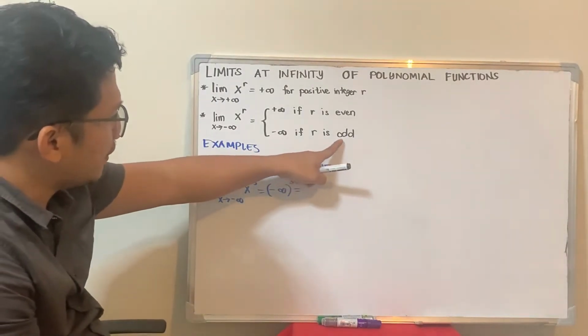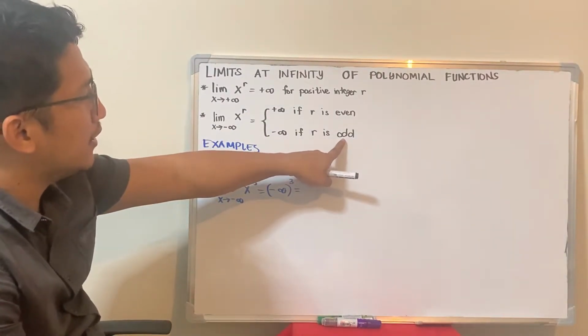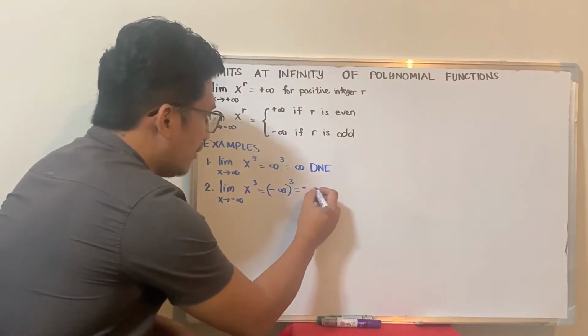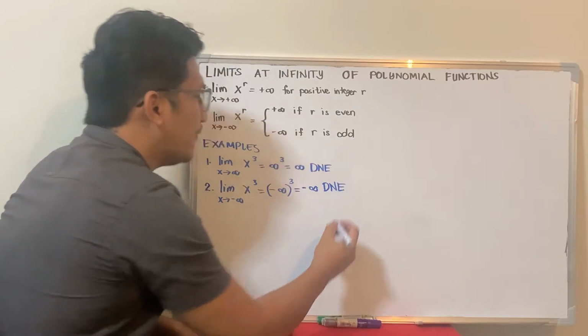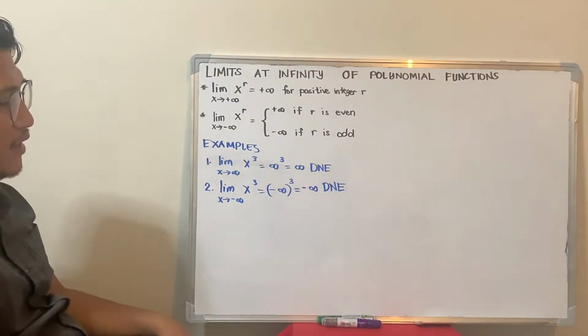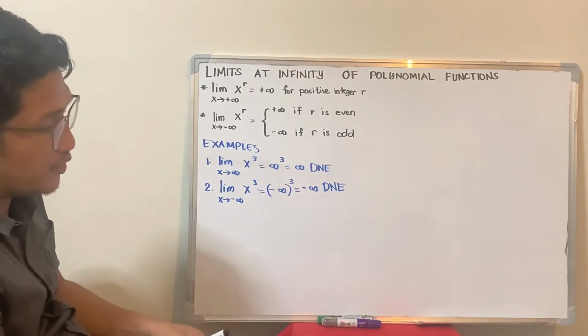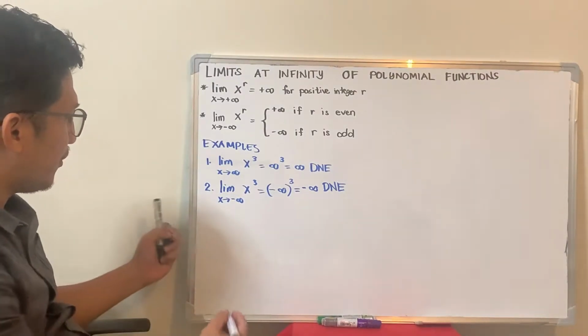It says if r, the exponent, is odd, then it's always negative infinity. So since 3 is odd, you have negative infinity, and again, the limit still does not exist. It's only identifying if it's positive infinity or negative infinity, but eventually, our conclusion is the limit does not exist because again, we are in basic calculus. And then number 3,